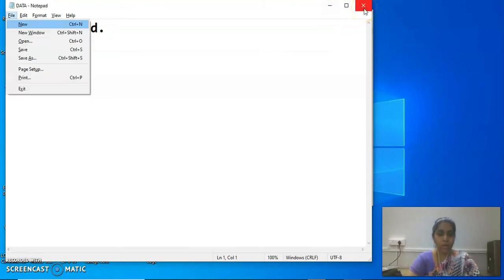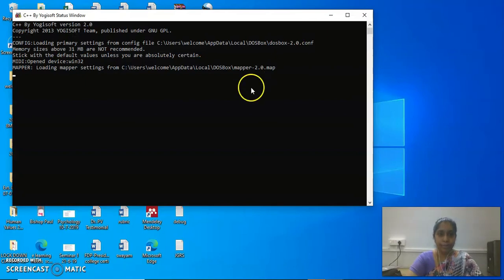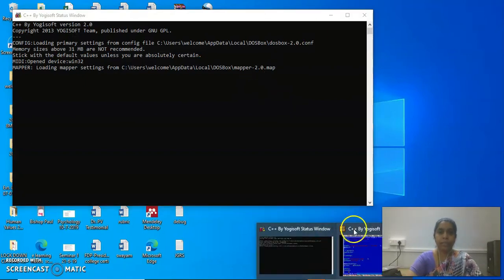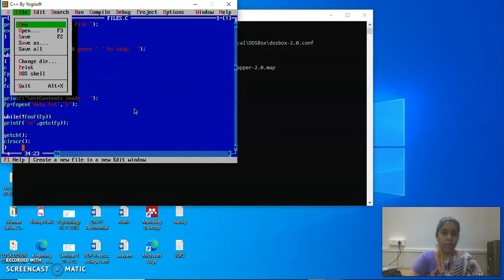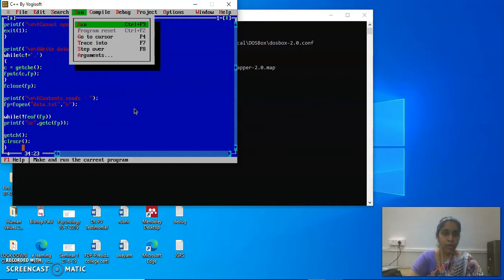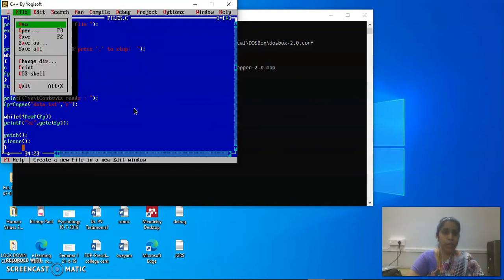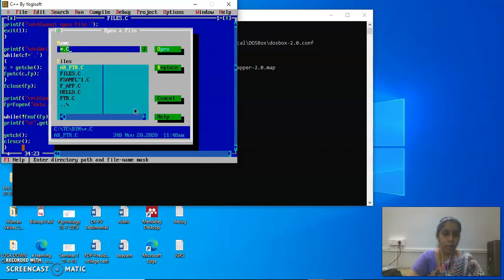I'm going to close it, and I'm going to execute the file. I'll show you how it works. This is another program where we are going to append.